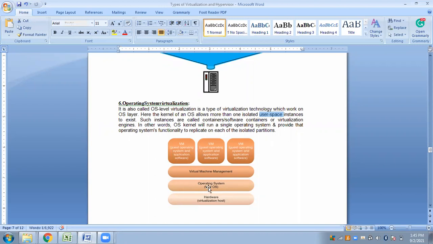So now this single operating system can be used by multiple users simultaneously. कोई इस machine को access करेगा, कोई इसको करेगा, कोई इसको करेगा. So as you can see, this single operating system is now being accessed by multiple users with the help of these various instances that are being created. Okay, this is what operating system virtualization is.